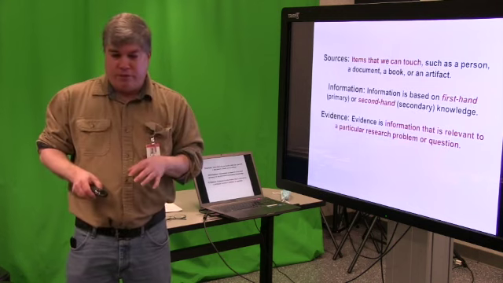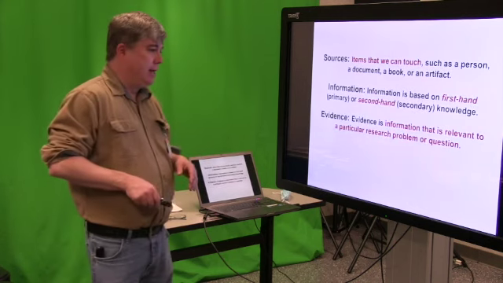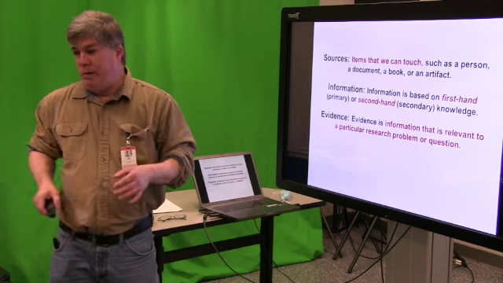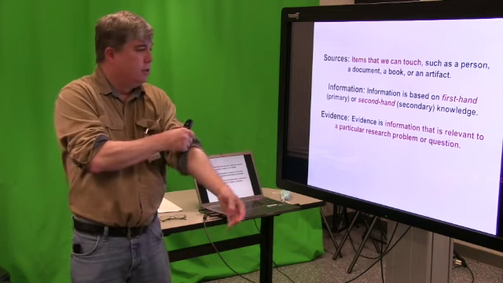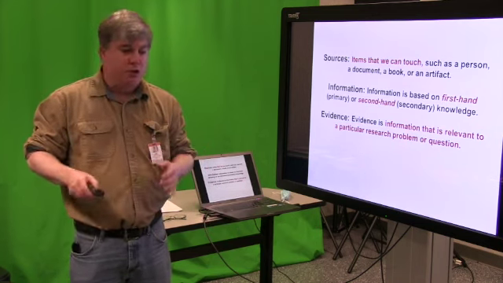And I tried to cover everything in the handout. I may not go into as much detail about some of this stuff just for time. So, if I didn't say something, it should be in the handout.